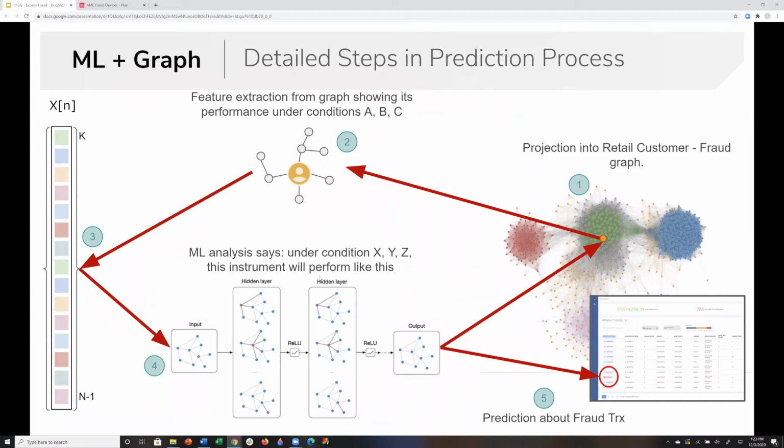Up to now, we haven't really talked about machine learning in detail, but in essence, what you end up doing is you take these graph features, you extract them out of the graph, both the communities and the shared features, and then you insert them into your feature vector, and then run all the same machine learning analysis that you're already familiar with, right? So in essence, all we're doing is adding to the feature vector for a better or more thorough or additional inputs to my feature vector. And then, the results of that you'll see spitting out into the fraud toolkit, the one that you just saw Scott demo just a few minutes ago.